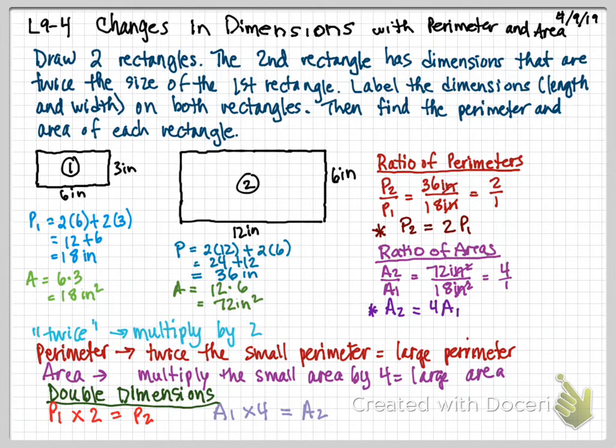So now that we have this understanding, what if we decide we're going to triple the dimensions? Excuse me, I'm going to go to my next page, and let's go through that. So the directions say triple the dimensions of a rectangle